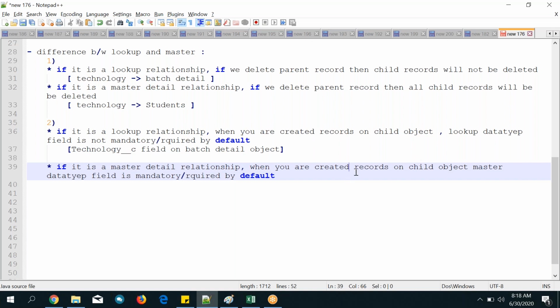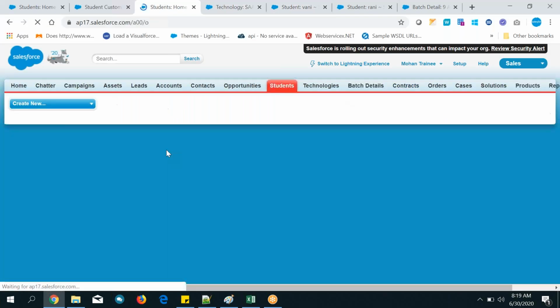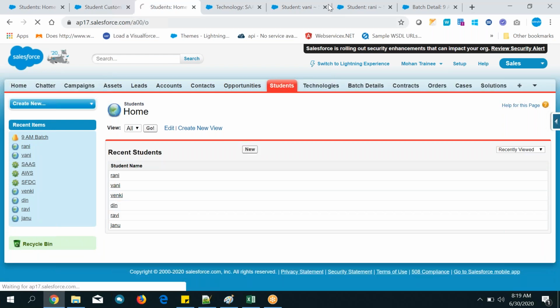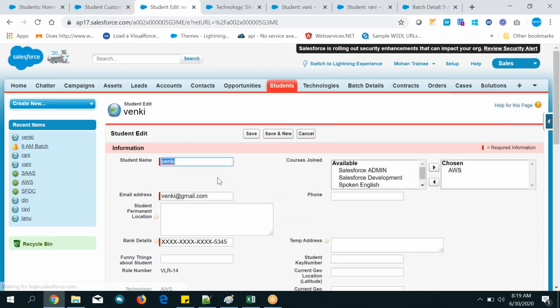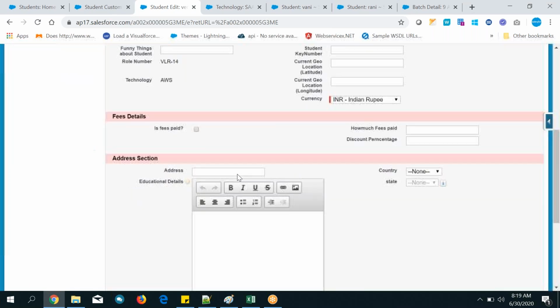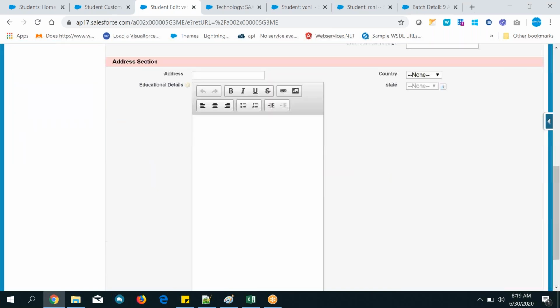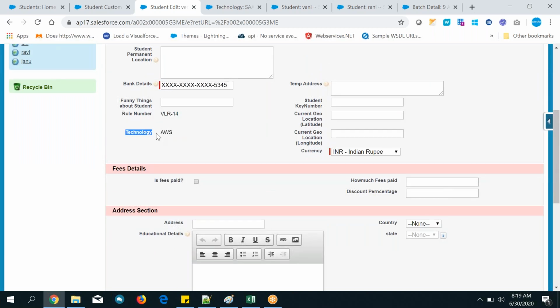When you are creating records on the child object, the master data type field is mandatory or required by default. Go to the student object, go to any record and edit it. Here is the technology field.